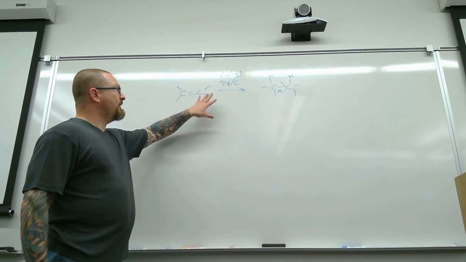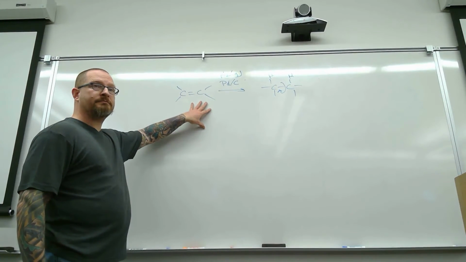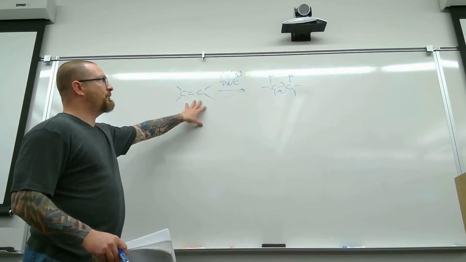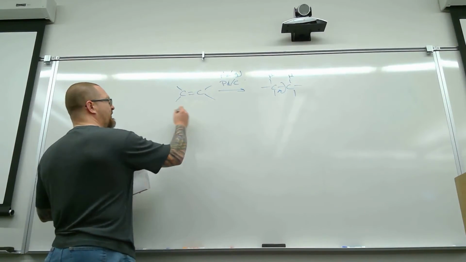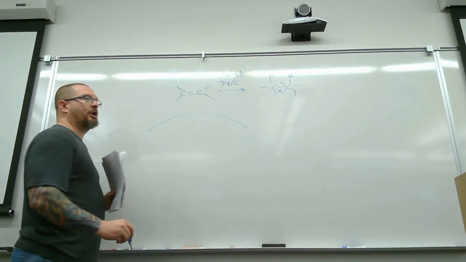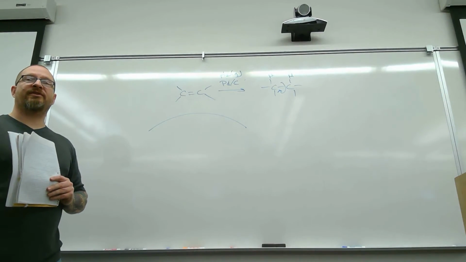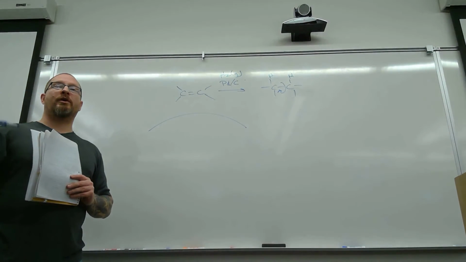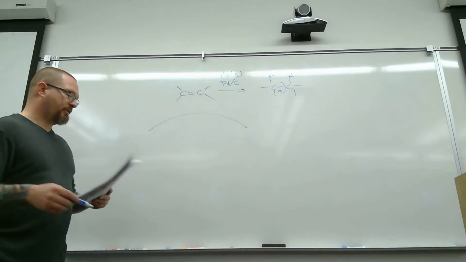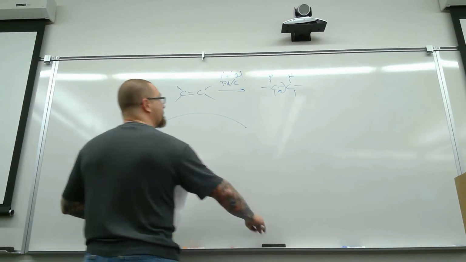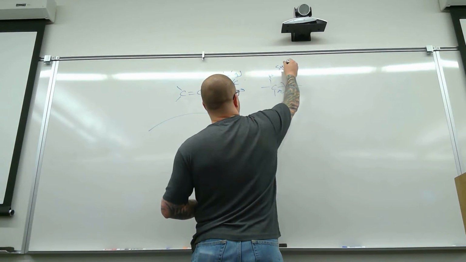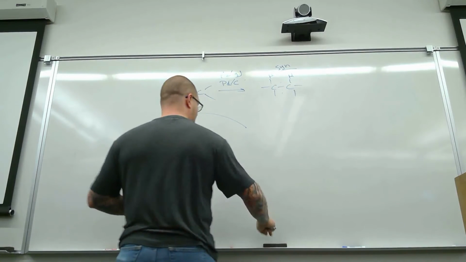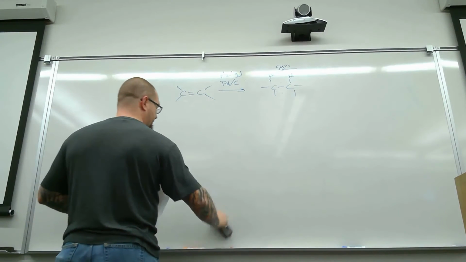Now, if these are in a ring structure, however, there is some selectivity because you're dealing with this catalytic surface. This is literally laying on some catalyst, which is facilitating transfer of protons to one side of the double bond. So in this particular case, we're going to get syn addition of the hydrogen. So let's say this is